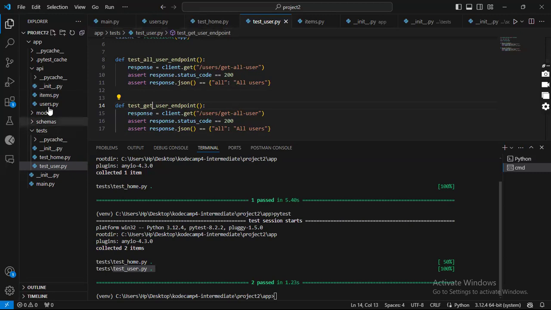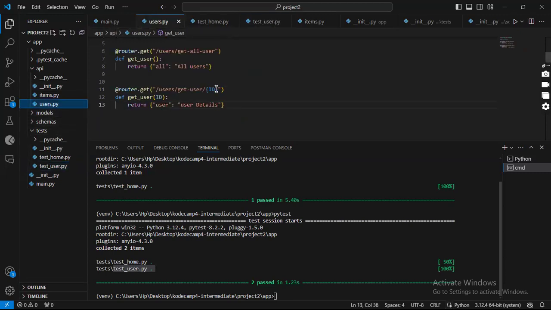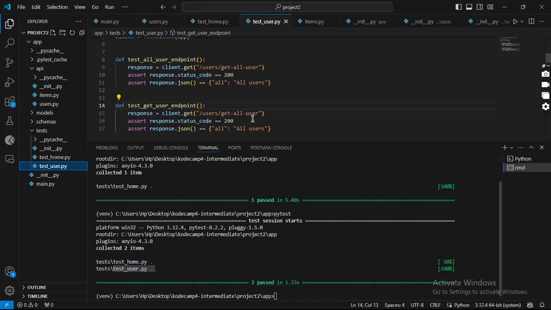So if you go back again to confirm the route, to be sure, we simply copy this down to where we have our test. So we just put it here. I can't remember if I said it, but when testing for an endpoint that should accept a path parameter, you are the one to come up with some random values that a user can actually put there,